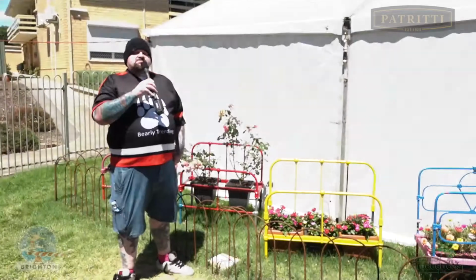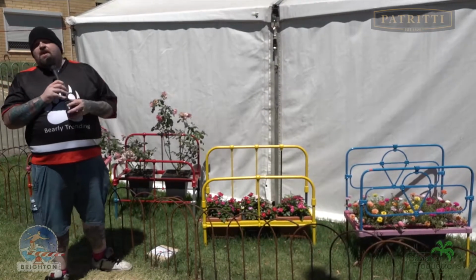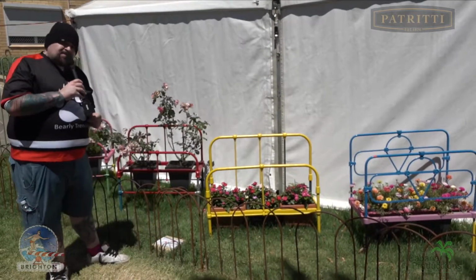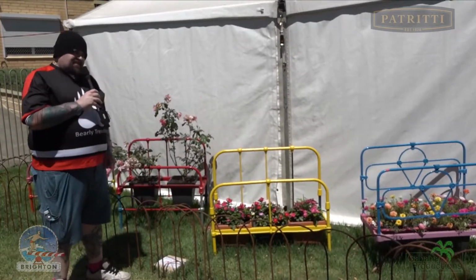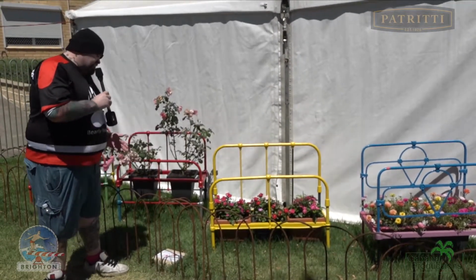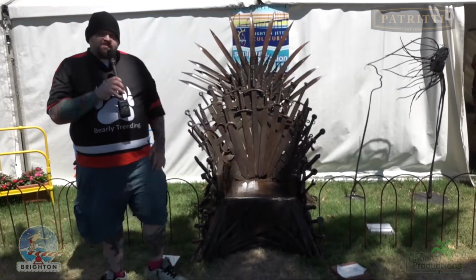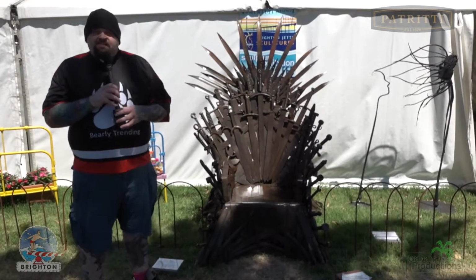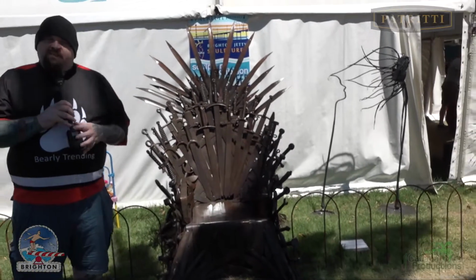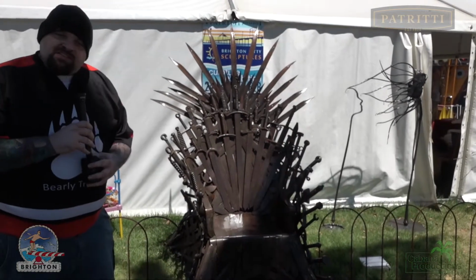Hey guys, it's T-Bear here with Cabana Productions. I'm at the Brighton Sculptural event brought to you by Petrini Wines. Out here, I need to read this one directly from the card. Flower Beds, aka Garden of Beds, aka Life Is a Bed of Roses. Winter may have come, but winter doesn't affect the Brighton Sculptural events. In fact, this has been the biggest year they've had. This piece, most of you may recognise as a tribute,